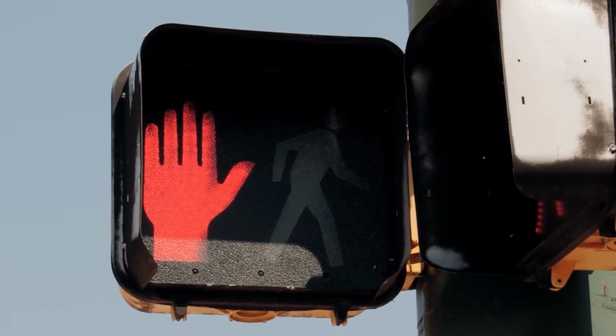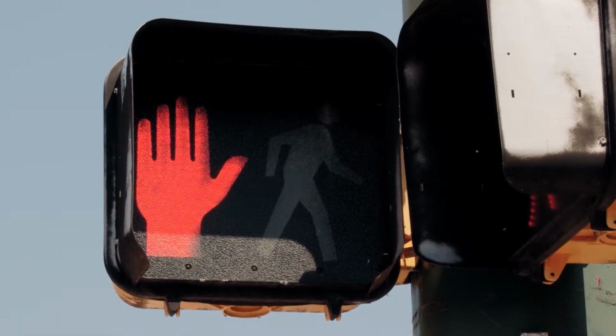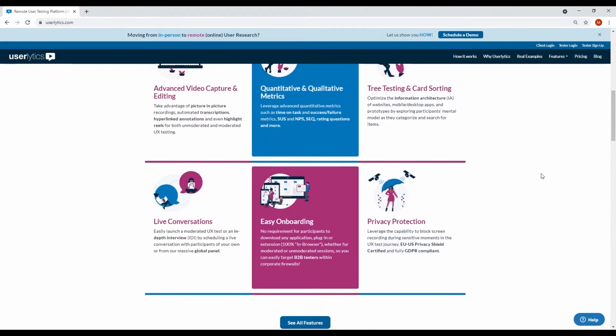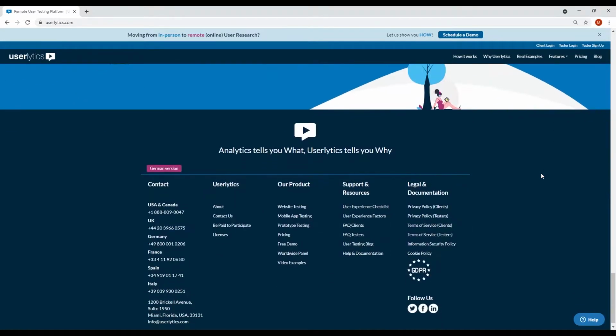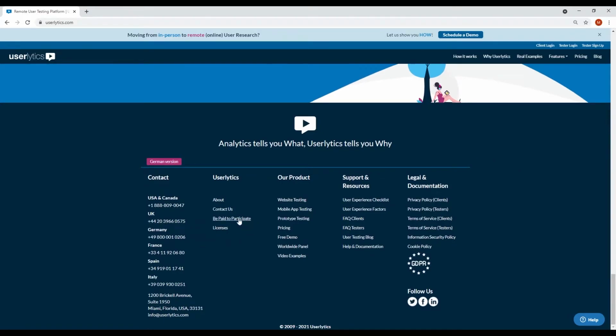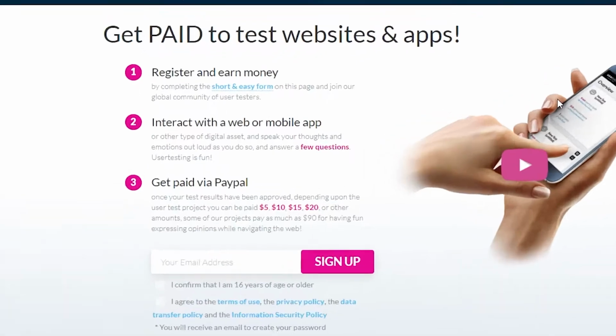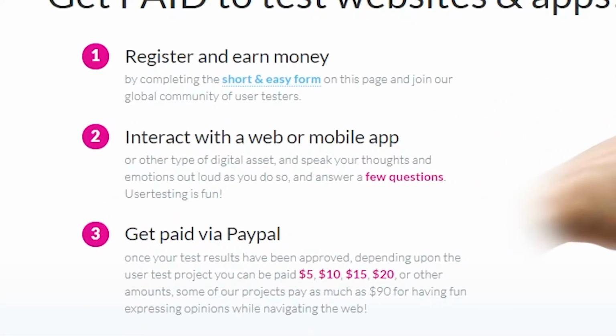But before we can do all that, we first have to register as a tester. To do that, we just scroll down the main page and look for Be Paid to Participate. Once we click that, we are greeted with this page. There are 3 simple steps you need to do to earn money on this website. 1. Register and earn money by completing the short and easy form on this page and join the global community